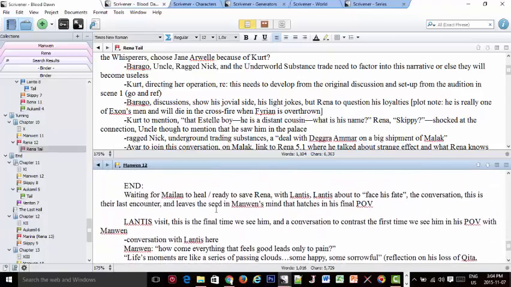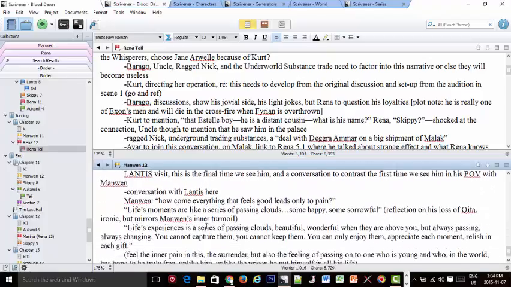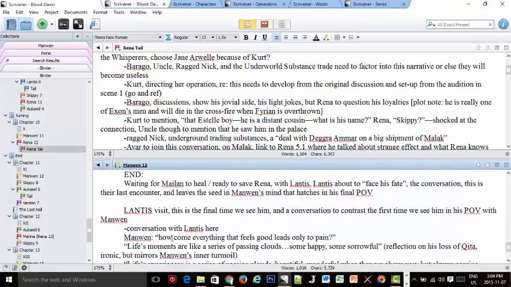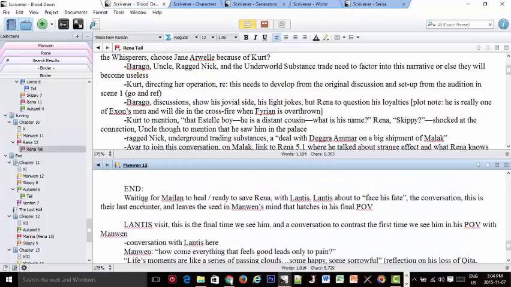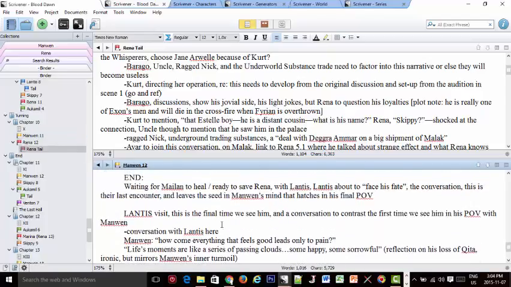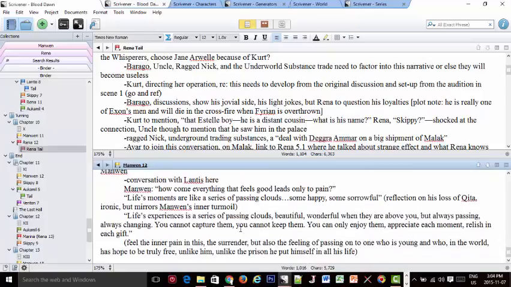Like you'll notice here, I've got a note for the end. I have this little sequence. This actually came forward from the previous Manwin chapter. It was supposed to happen at the end, but once again, I had a focus in that chapter, and this just didn't fit. It would have taken us off track for what I was trying to achieve. But it was important, so I moved it forward here.